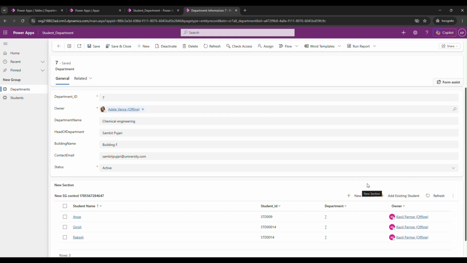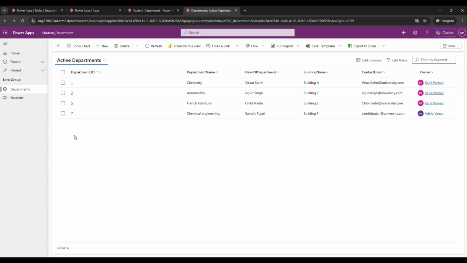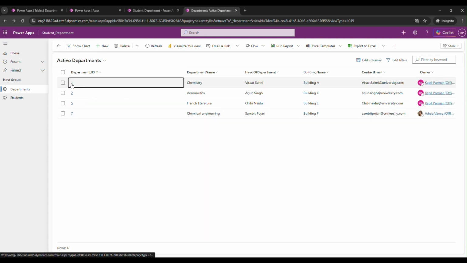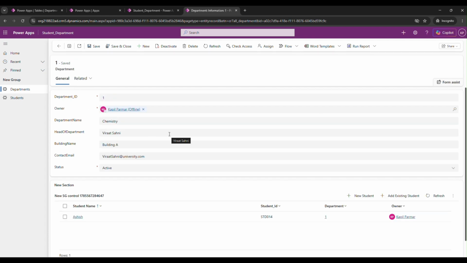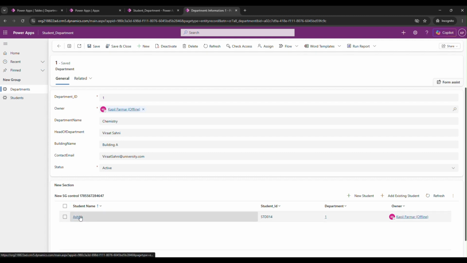Next, I'll show the delete operation. I'll open this department 1 and we can see that this is related to this child record where the student name is Ashish. If I delete this department row, then there will be no impact on this child row. It will not get deleted. This child row will remain. So if I delete this,